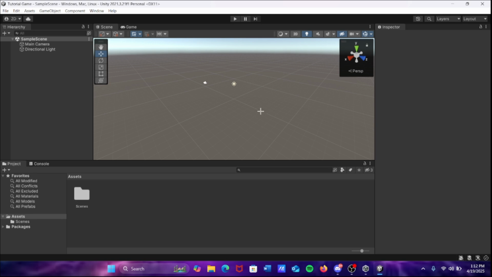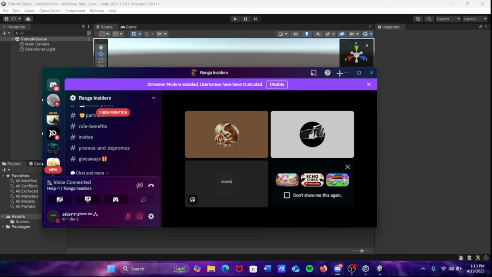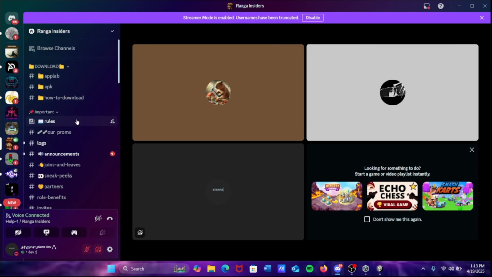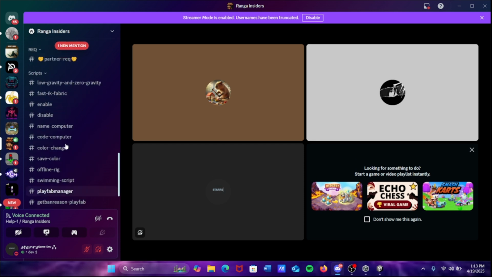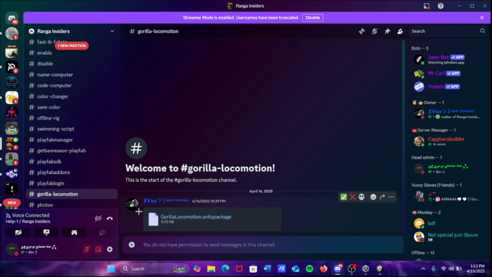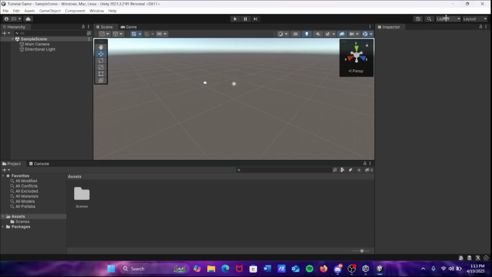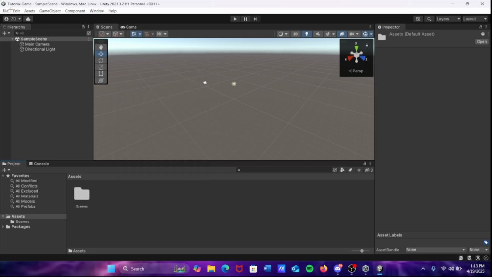And then you're going to go to the Discord server. The link will be in the description. Once you're in, it should look like this, except I'm in a VC. What you're going to do is go all the way down to scripts, and you're going to do the Gorilla Locomotion, and download the Gorilla Locomotion .unitypackage. But before you import it,